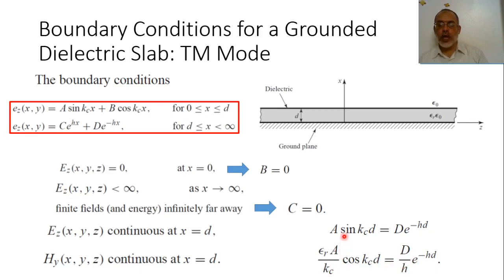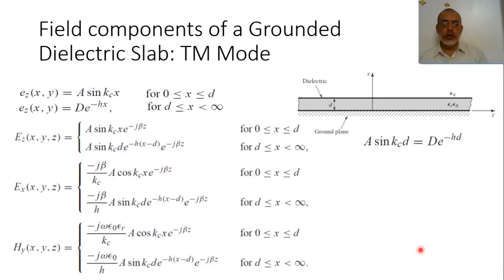Now we have two equations and two unknowns, the two unknowns A and D. By dividing equation 1 over equation 2, we can obtain a relation between Kc and H. And effectively, Kc and H are already related by beta. So, in this case,